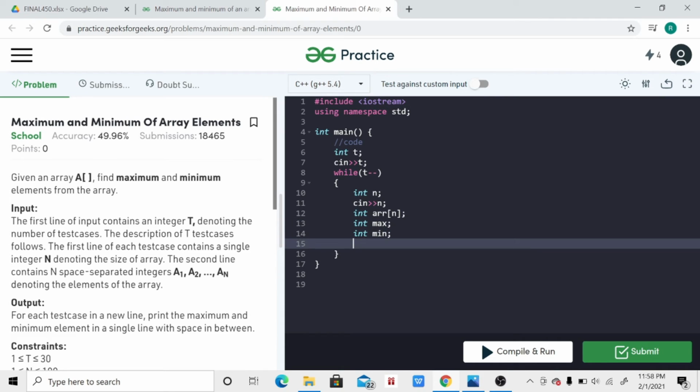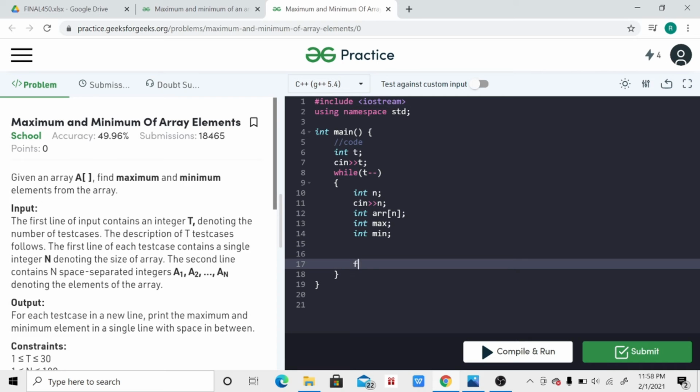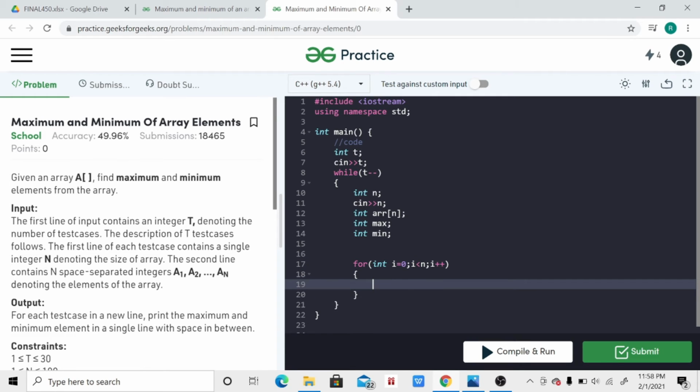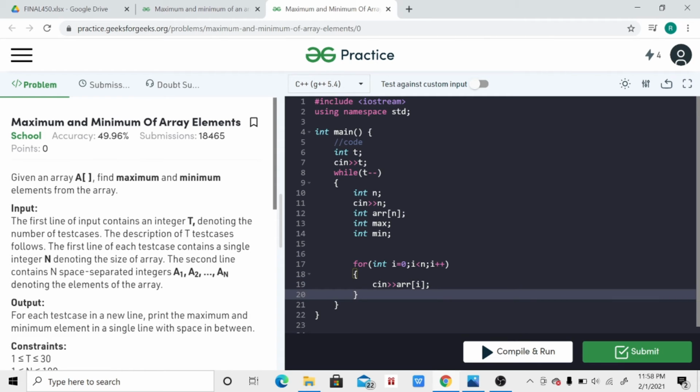So this is the declaration part. Now we'll write a for loop for taking the array as input. Up to here we have taken the array as input.